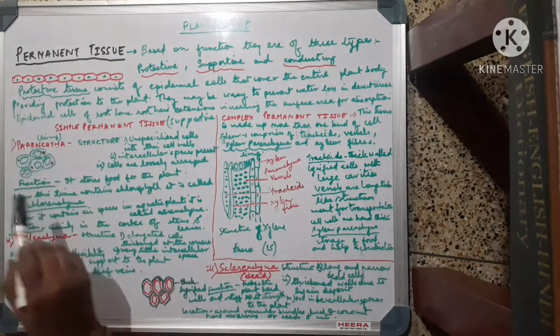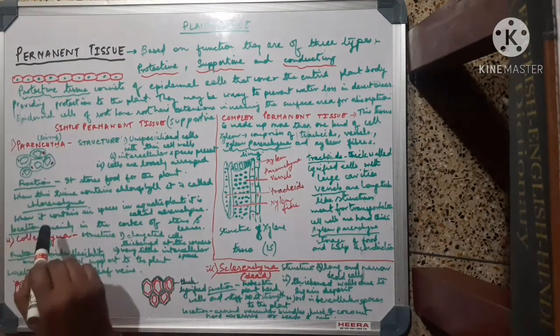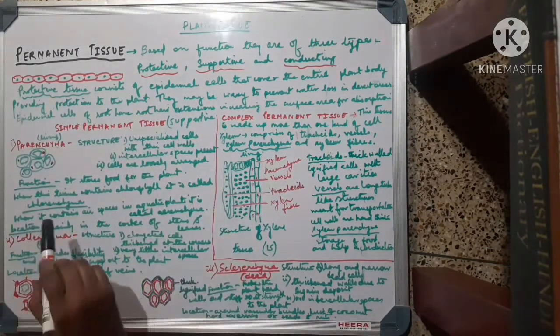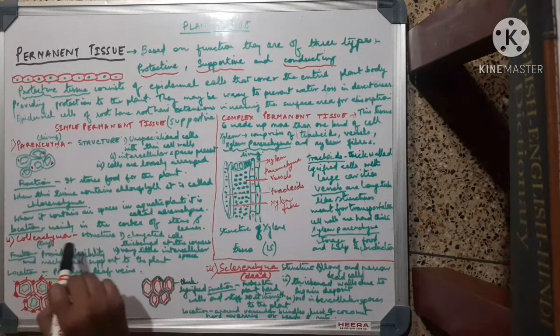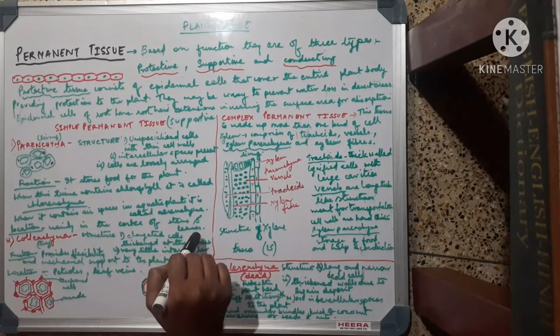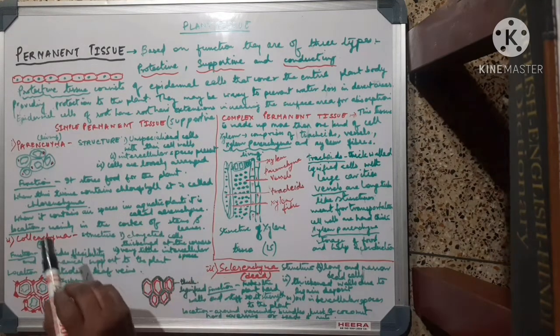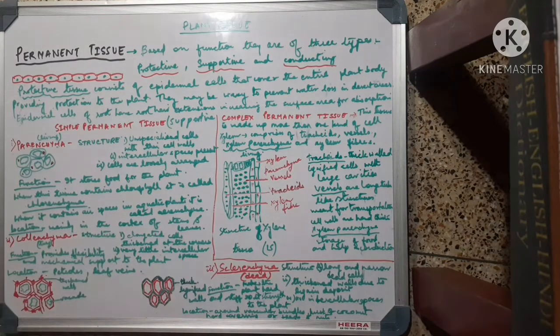Now, when parenchyma contains chlorophyll, it is called chlorenchyma, and when in aquatic plants it contains large air spaces that help the plant to float on water, then that parenchyma is known as aerenchyma. It is located mainly in the cortex region of stems and leaves. When you study the structure of a stem and a leaf, you will be able to understand what the cortex region is. Now, next is collenchyma.